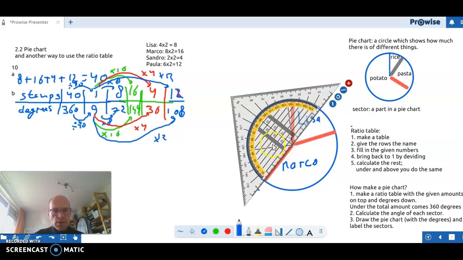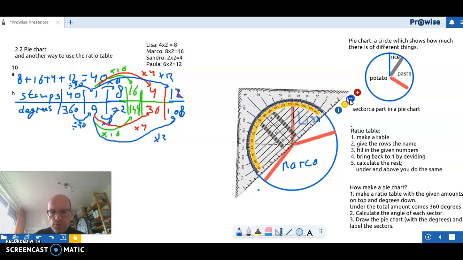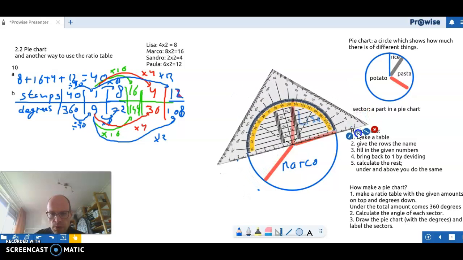And then we have Sandro. Sandro had 4. That was 14 degrees. So no, 4 was 36. And you have to say it correctly. So 36 is over there. And then I need to rotate it again. And so on and so on, and it's almost time. So you can see how it works, and basically